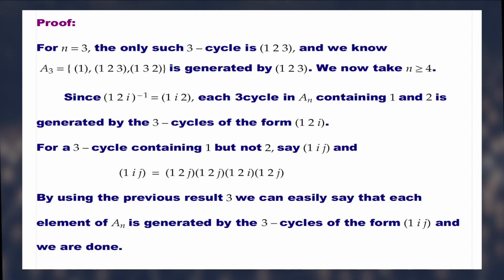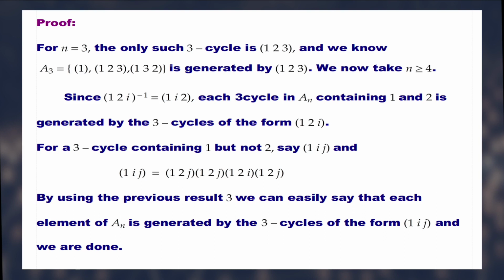Since (1 2 i) to the power minus 1 is equal to (1 i 2), each 3-cycle in A_n containing 1 and 2 is generated by the 3-cycles of the form (1 2 i). For a 3-cycle containing 1 but not 2, say